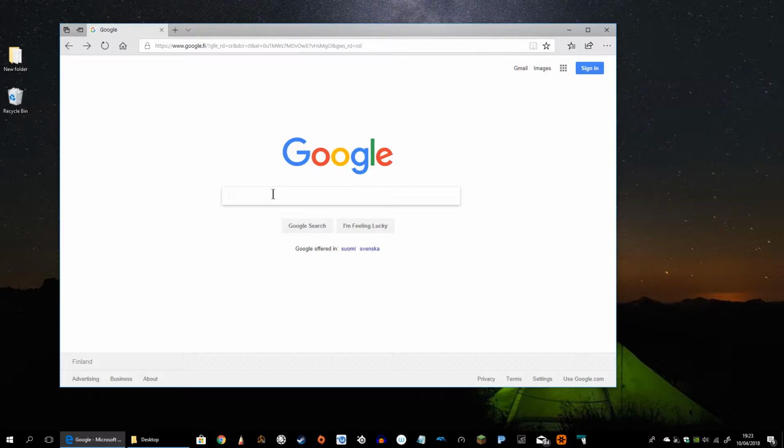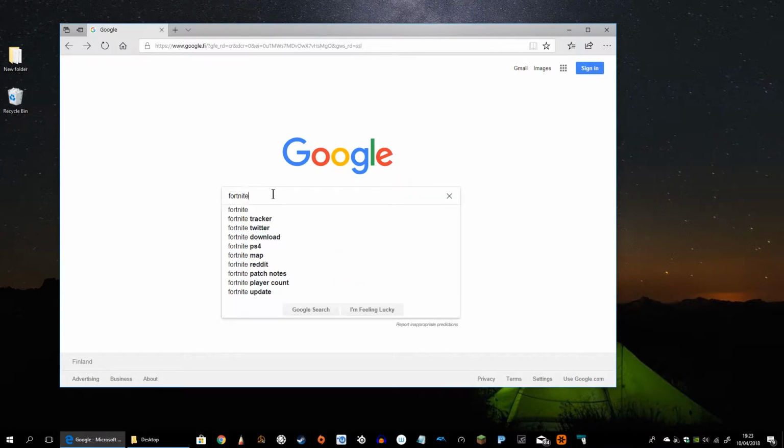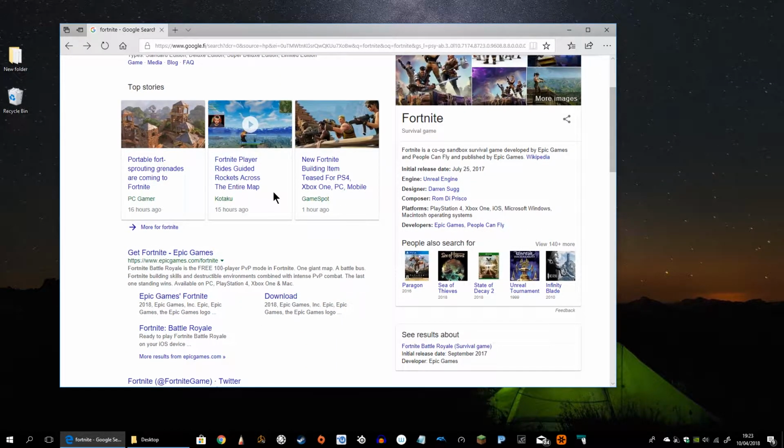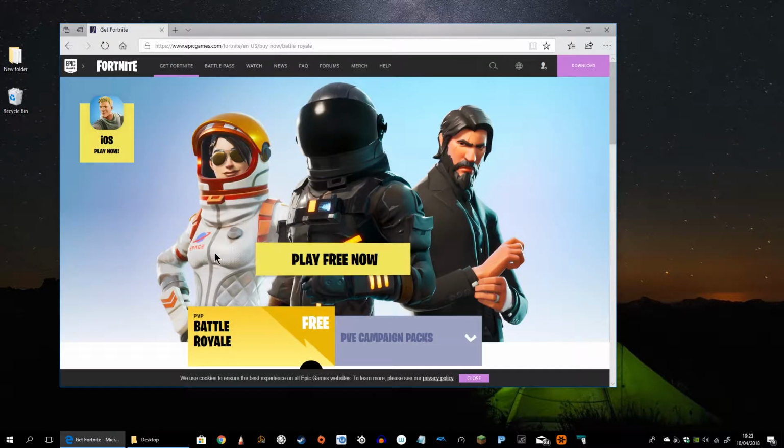To install Fortnite, simply begin by opening an internet browser and do a search using Fortnite. In this example, we'll search using Google, and once a result appears, click on the search result. Once the website loads, you can click Play Free Now or the download link in the upper right hand corner